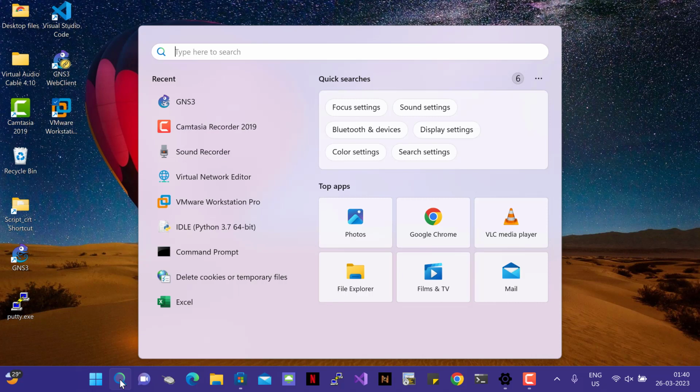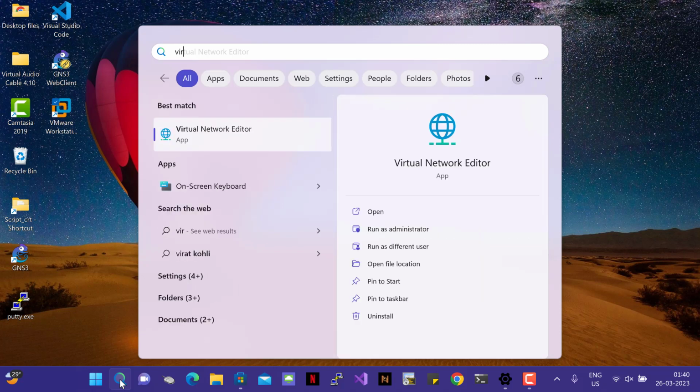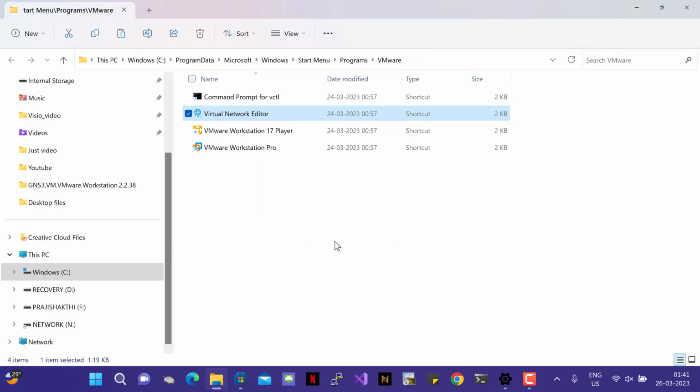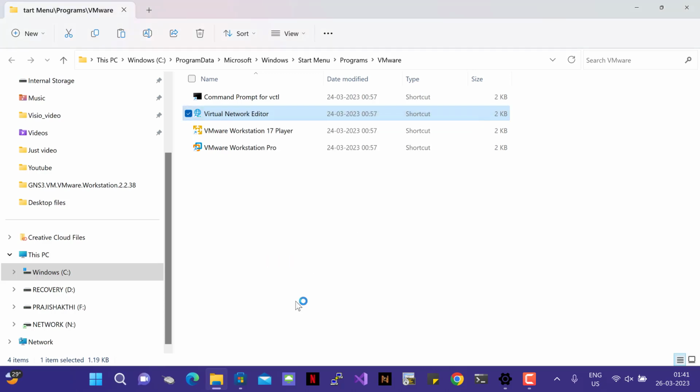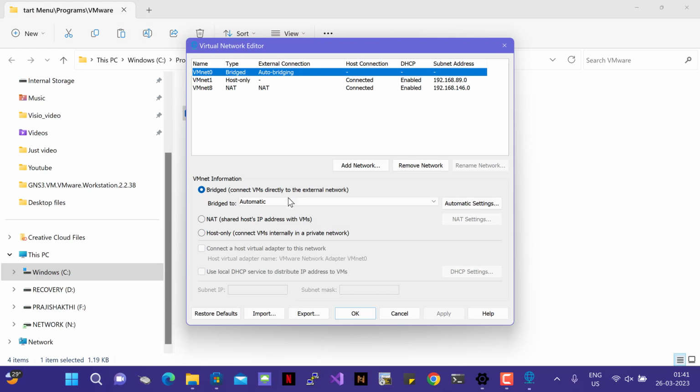If you are in Windows 10 or an older version, you can just press the start button and type virtual network editor, and if you open the file location, it will look like this. And this virtual network editor comes along with the VMware Workstation Pro installation software. Okay, so select the virtual network editor and right click, run as administrator, just give yes, and it will